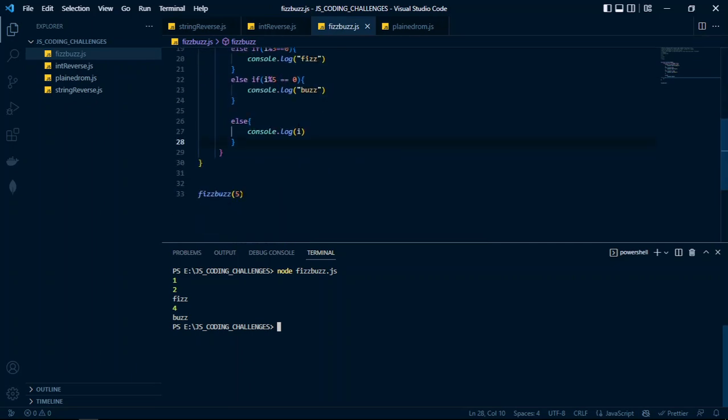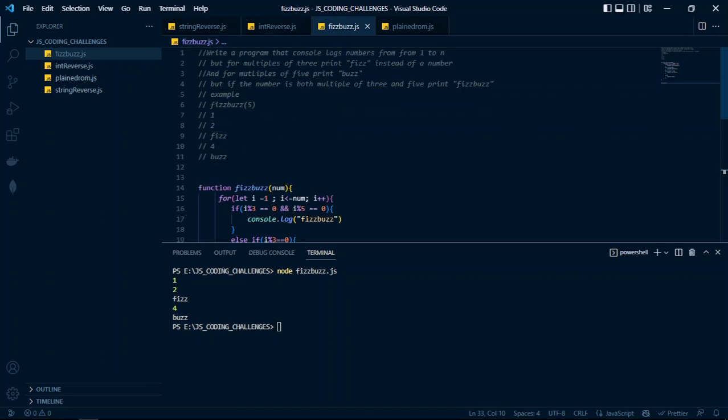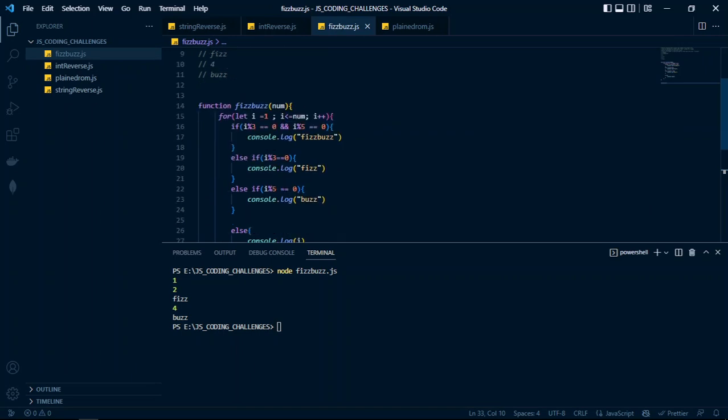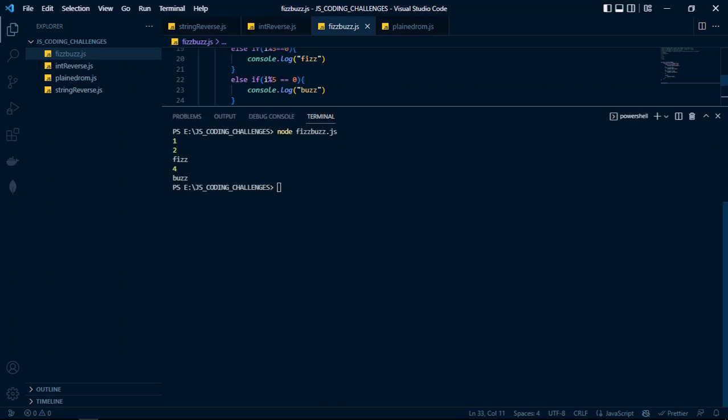But let me test for 15. Let's check for 15 because I also want to see the fizzbuzz condition passing. To get that, we have to get a number which is both a multiple of 3 and a multiple of 5. And that number can be 15. Let's test this one and see. Let me first clear the terminal. Then node